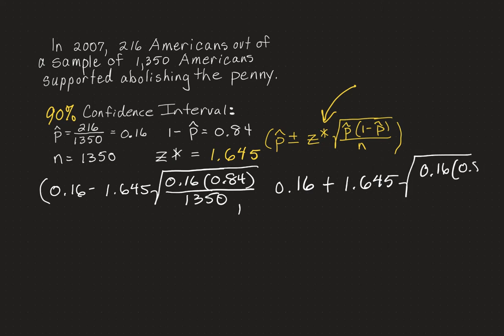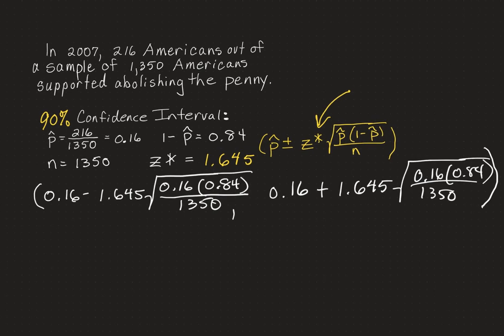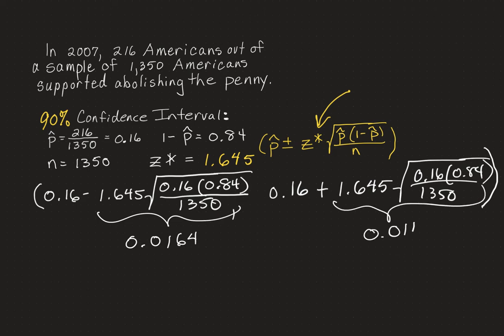Okay, there we go. Over 1350, and that's the end of the confidence interval. Okay, let's calculate that. So our margin of error is now 0.0164. Okay, so that's our margin of error. Here's our margin of error again, 0.0164. On this side of the interval, we are subtracting it, and on this side of the interval, we are